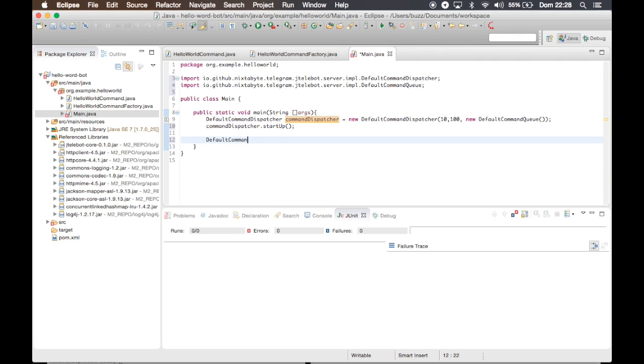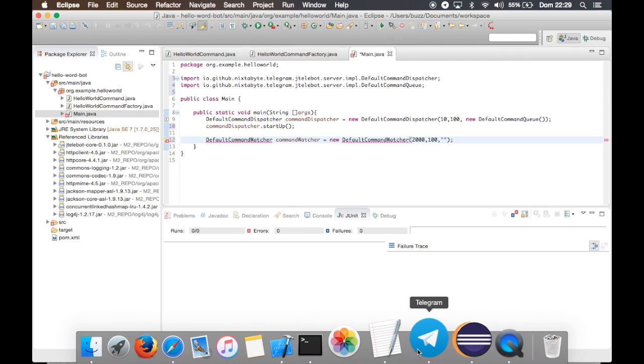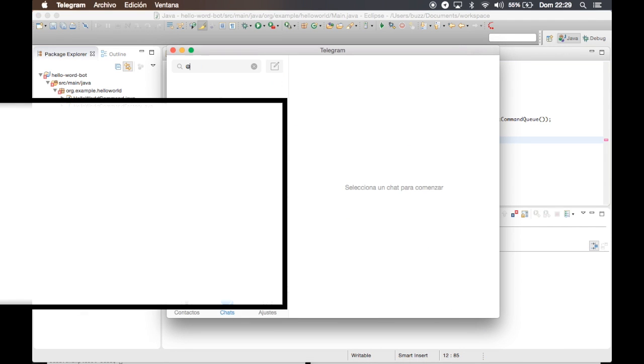So now we need a default command watcher, which is the one that will ask Telegram if there are updates for our bot, if our bot has notifications, and we will tell him how much to wait before checking for updates in milliseconds, the capacity of the command history cache, and the token. For that we need to talk with the bot father,